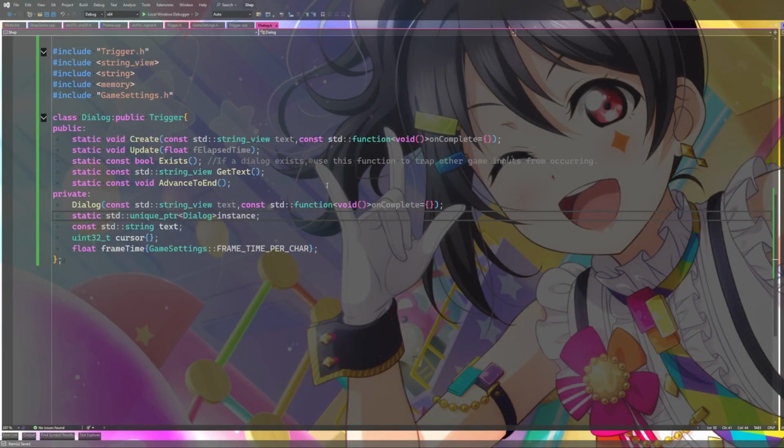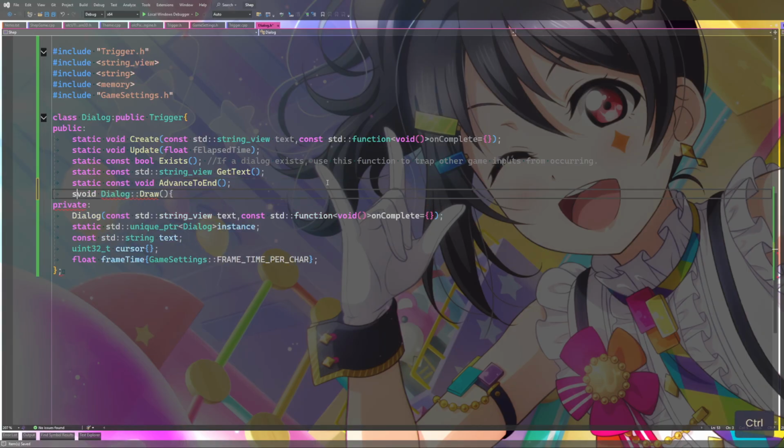Too many initializer values. What? Draw a window once an int? That's not true. Oh, this is a problem. Let me fix that.